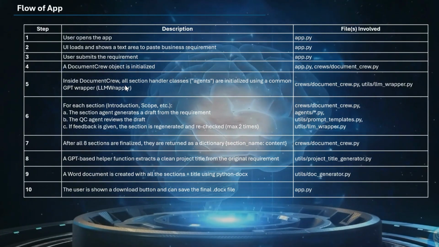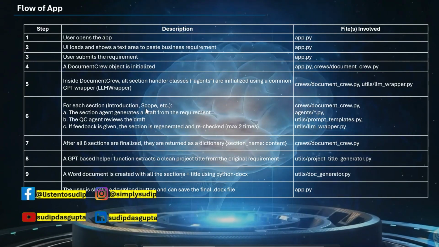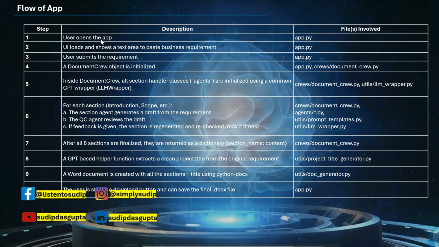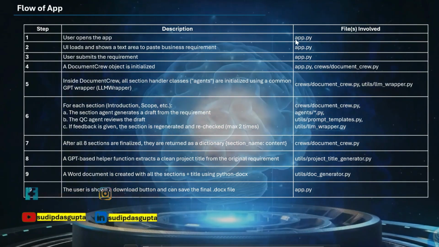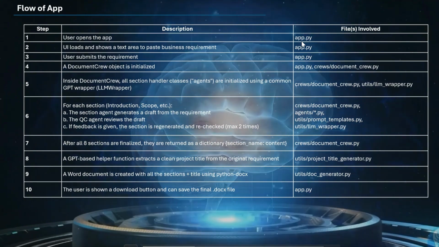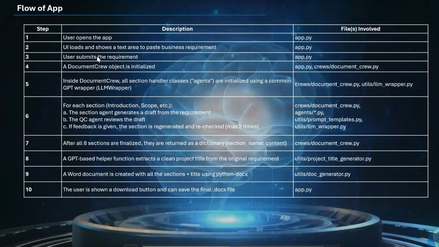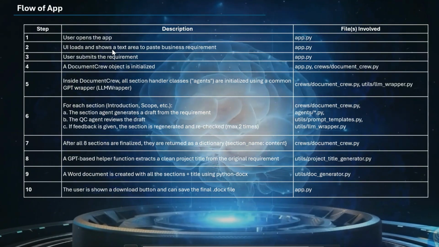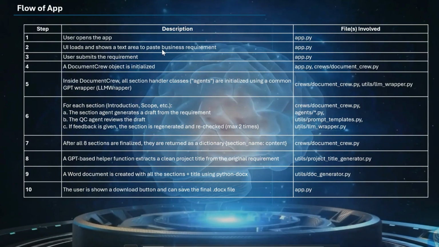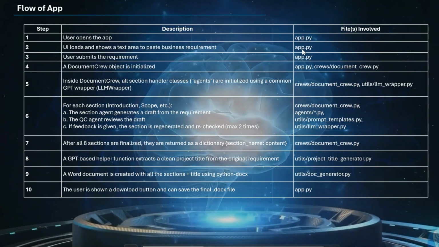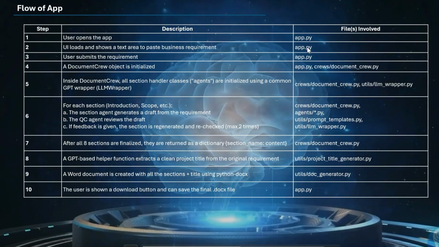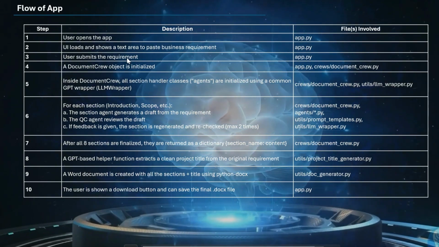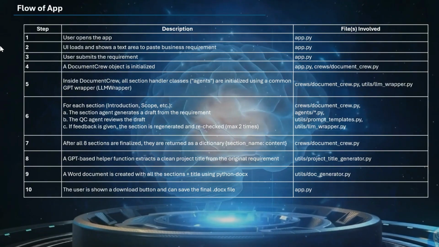Okay, so how does this work? Let's go step by step. Step one, the user opens up this app, which runs from app.py. Once it runs, what happens? The UI loads up, the user interface or the browser window I showed you. It loads up and gives us a text area to paste the business requirement. And where does it come from? Again, the app.py file. Then the user submits the requirement and presses a button saying generate a document, which again